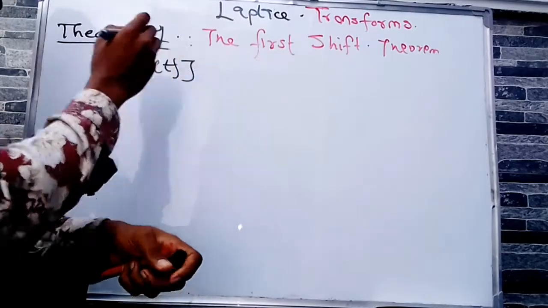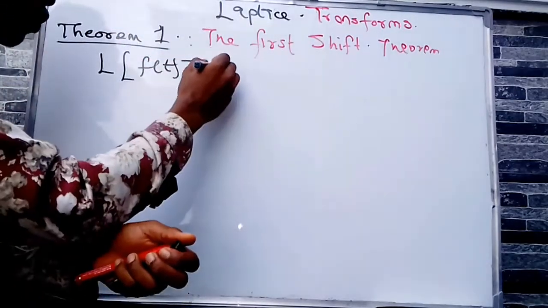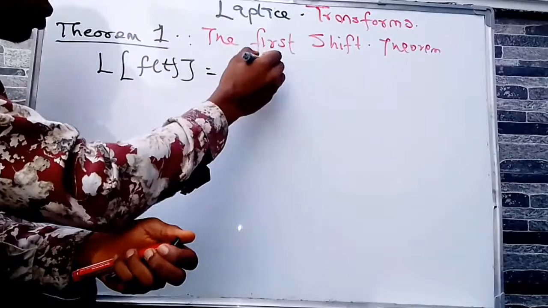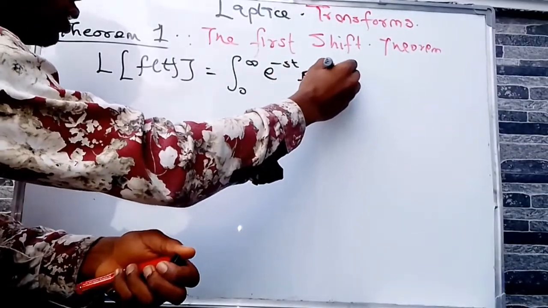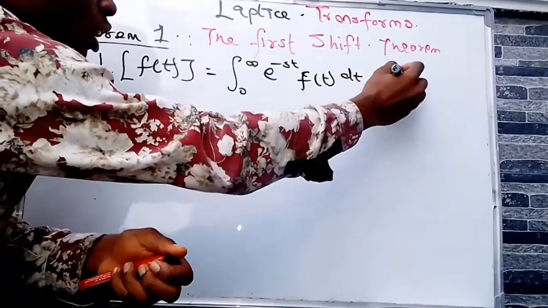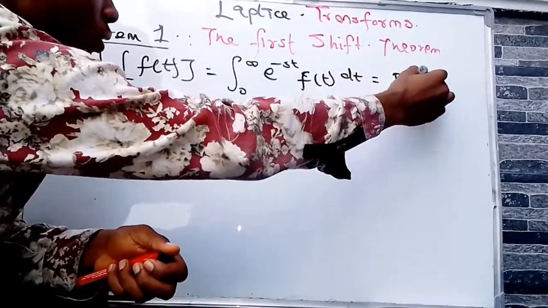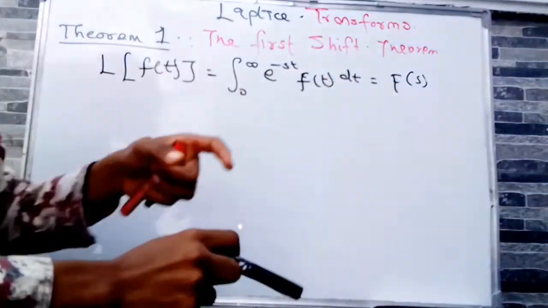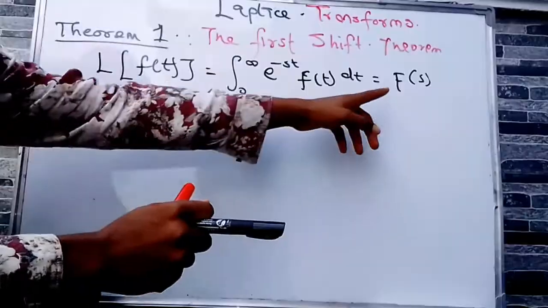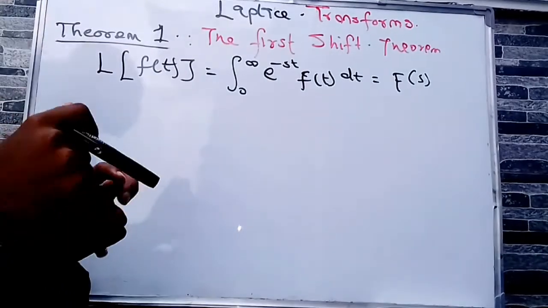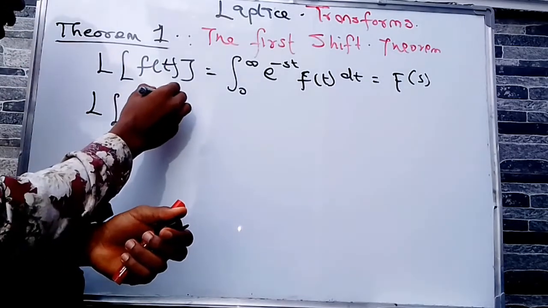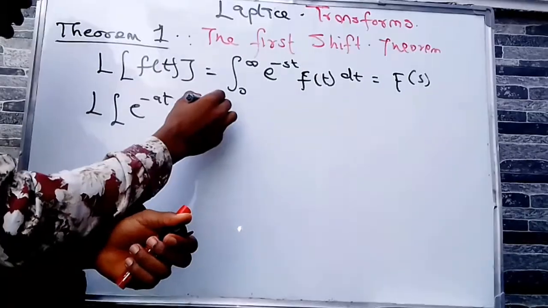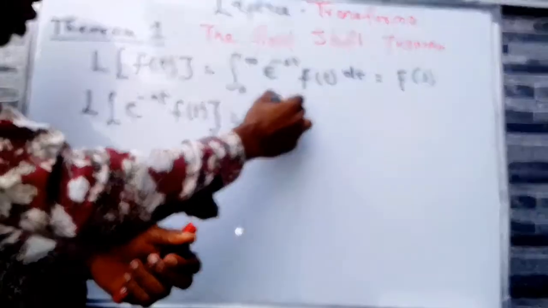t, we all know that the Laplace of every function of t is equal to the integral from 0 to infinity of e to the minus st times the function of t dt, which will eventually give us a function of s, right? In all our derivations in our previous video, we're always getting a function of s. So if the Laplace of f of t gives us a function of s, then the first shift theorem says the Laplace of e to the minus at times f of t will give us the function of s